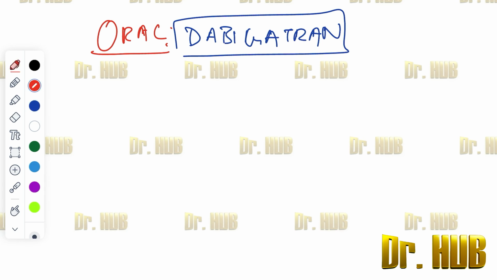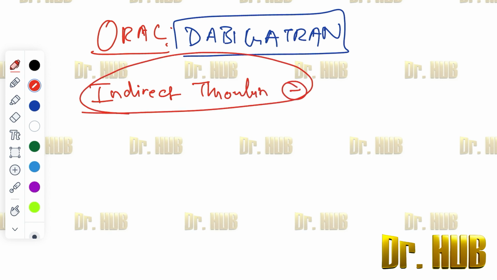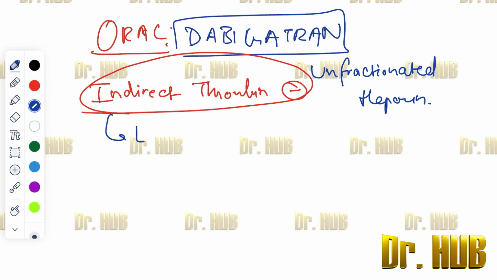Next we move on to the indirect thrombin inhibitors. Under these indirect thrombin inhibitors, it includes unfractionated heparin. Then come the low molecular weight heparins. Under low molecular weight heparins, it includes enoxaparin, dalteparin, tinzaparin, as well as